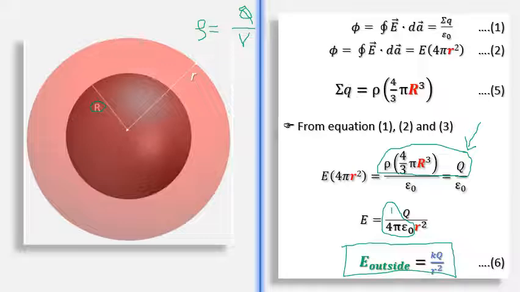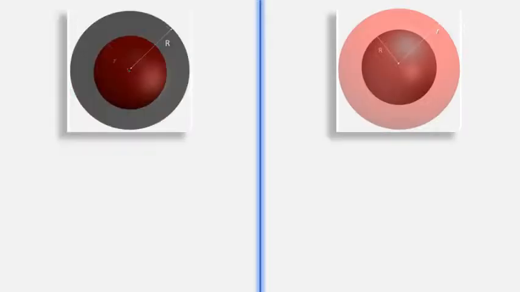And what is the direction of the electric field? It will be along the radius. So let us compare these two now. On the left side we are talking about the electric field at some point inside the volume charge distribution, whereas on the right side we are talking about the electric field at some point outside. On the left side, the point is here where we want to find the electric field, and in the right side figure the point where we want to find the electric field is outside the volume charge distribution.